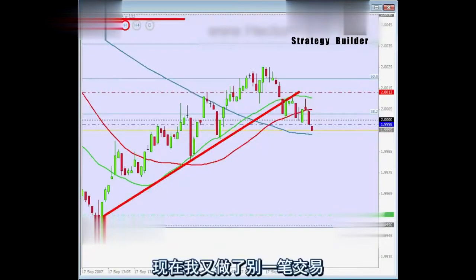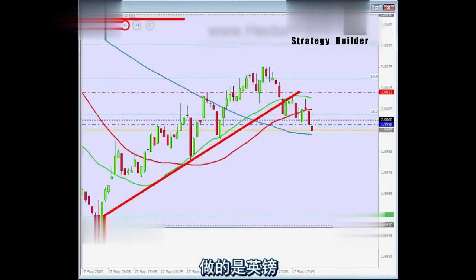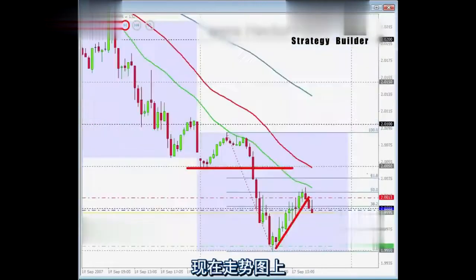Just wanted to comment that I've triggered another entry, in this case on cable, as I told the guys in my mailing list this morning. The GBP crosses were the other setups that I was looking at, the other currency I was looking to trade other than the Canadian dollar. And in this case, it's been the cable that's showing a beautiful